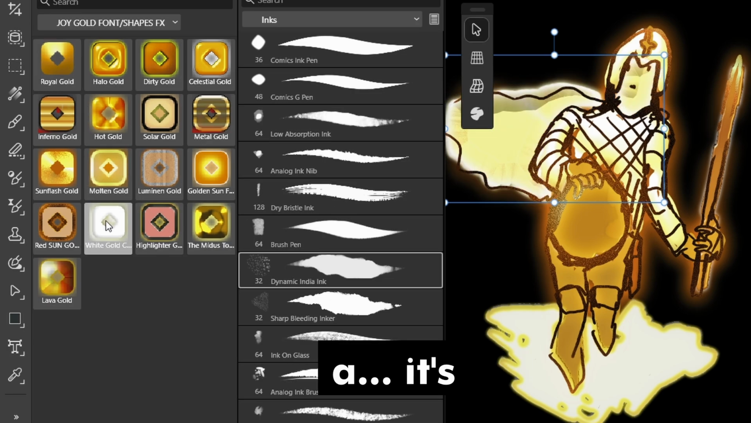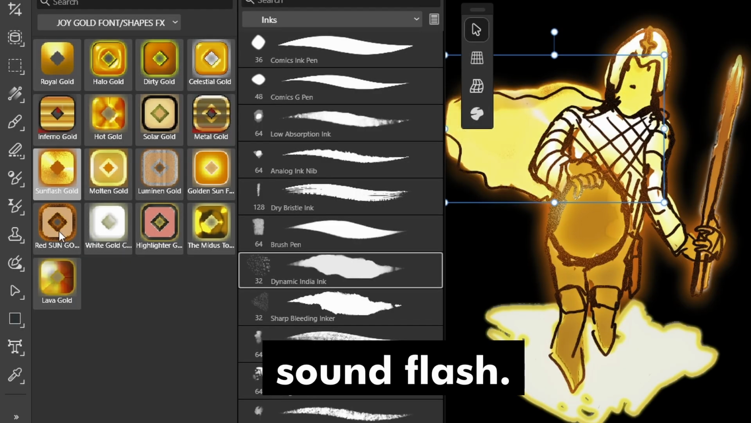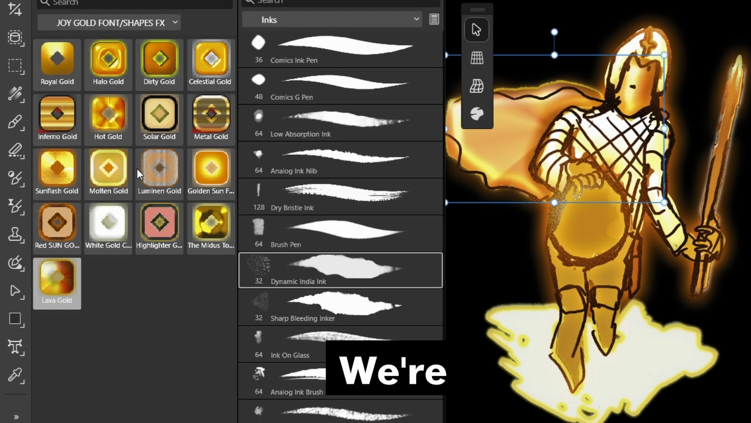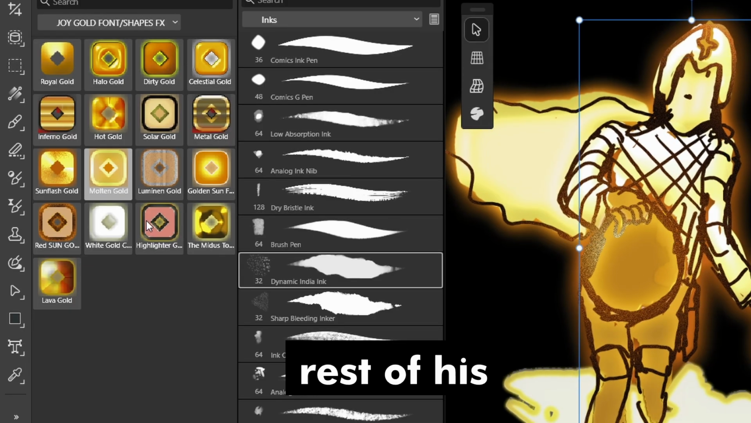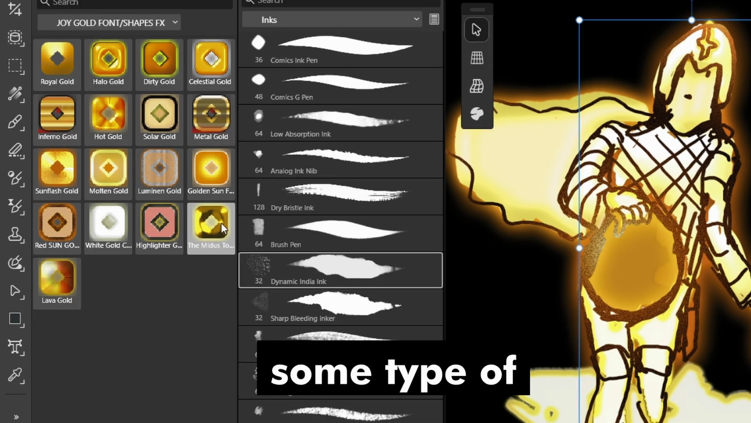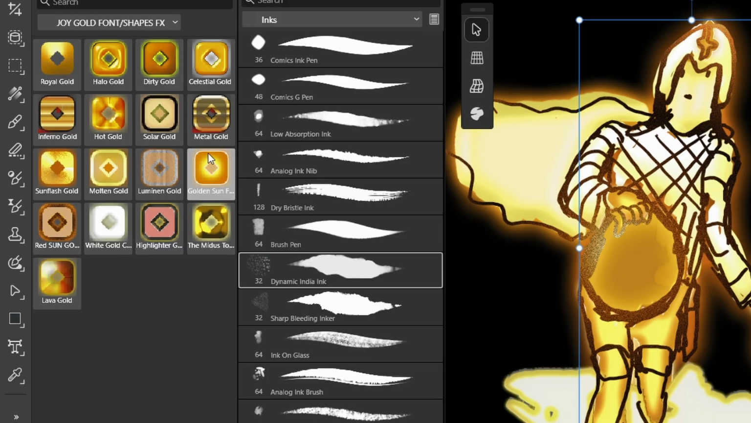It's like a wait, sound flash. Red sun. We're actually gonna do molten gold. It looks like a ghost coming out of a shape. Maybe the rest of his body, we could apply some type of effect. Celestial,